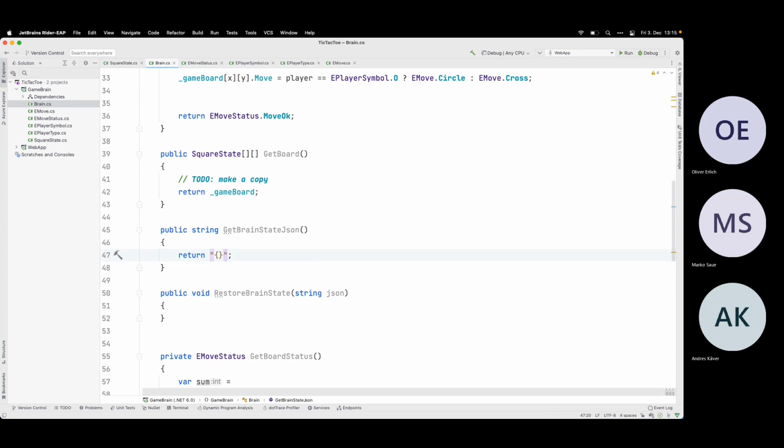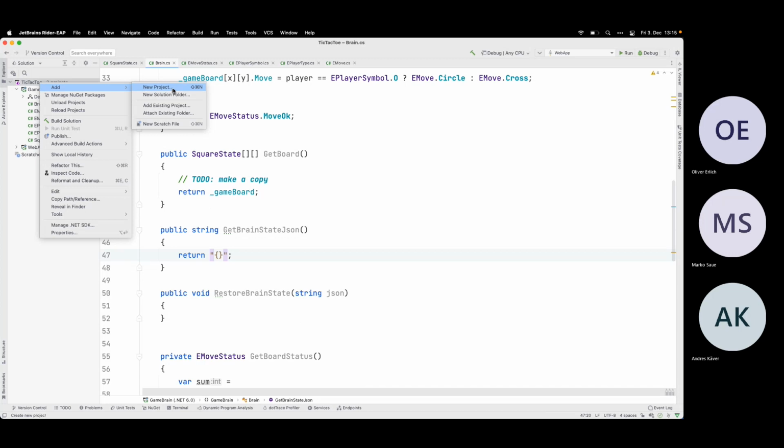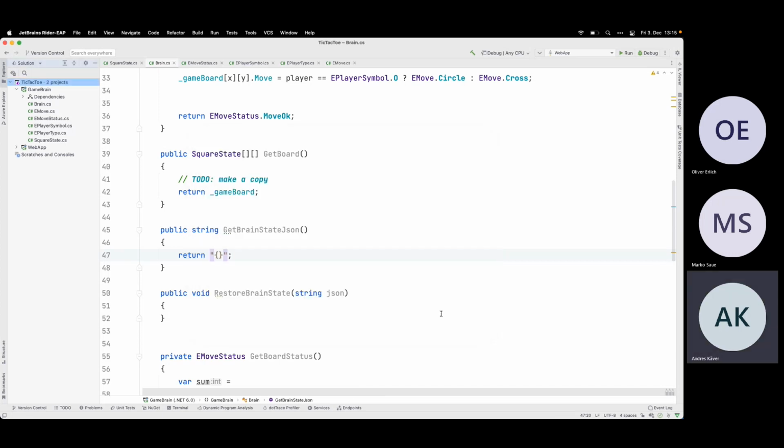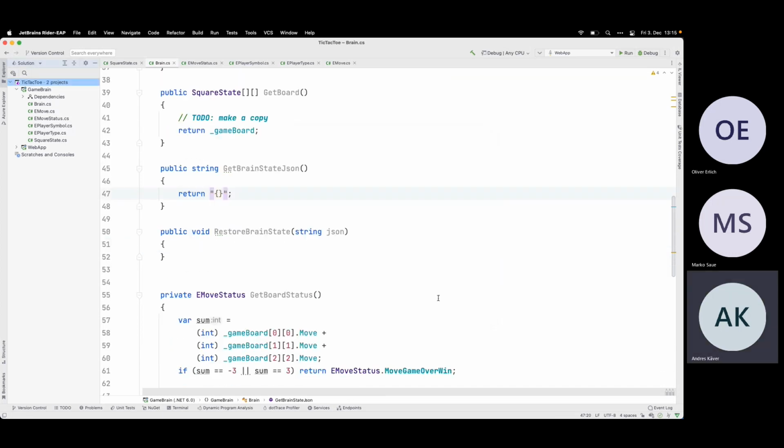Initially nothing. Okay, can I now make a console? Hopefully. Or better, I will not add a console. Let's leave that one to the end.